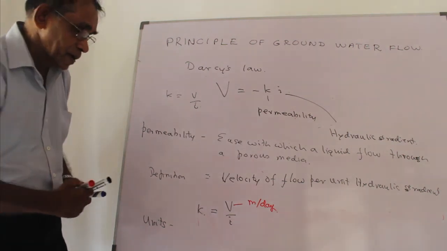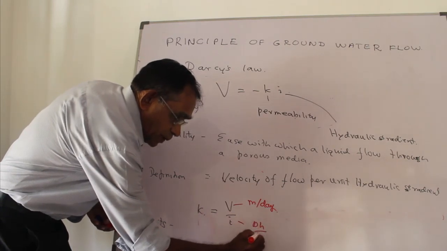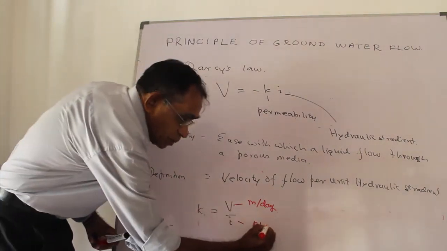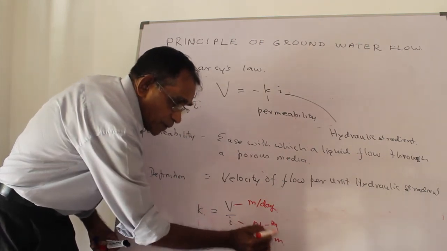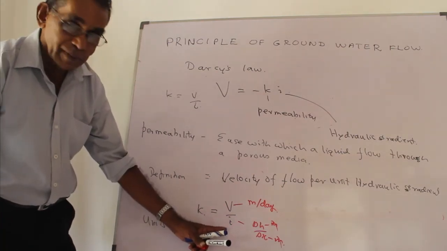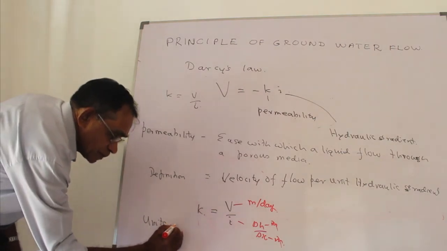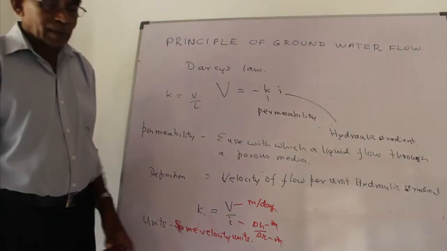And i is measured as delta H divided by delta X. Both are measured in meters. So therefore, meters cancel out, and there will be no units for the hydraulic gradient. In which case, the permeability will have the same velocity units. That's all about